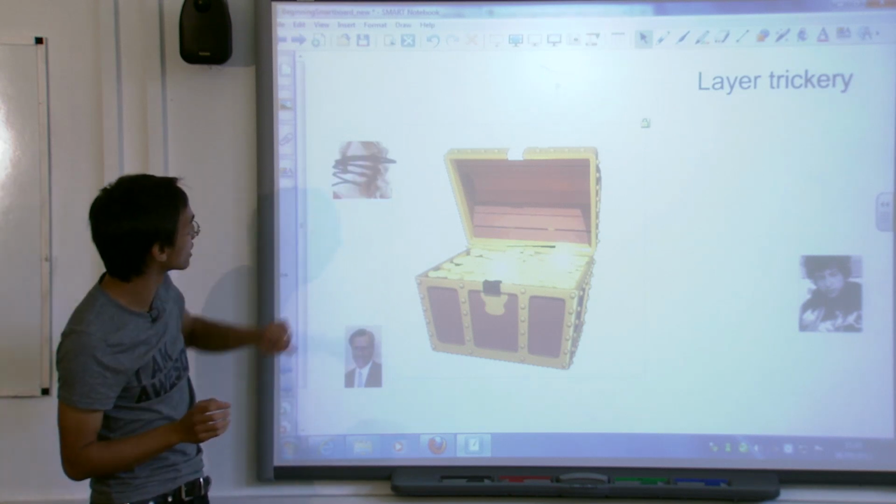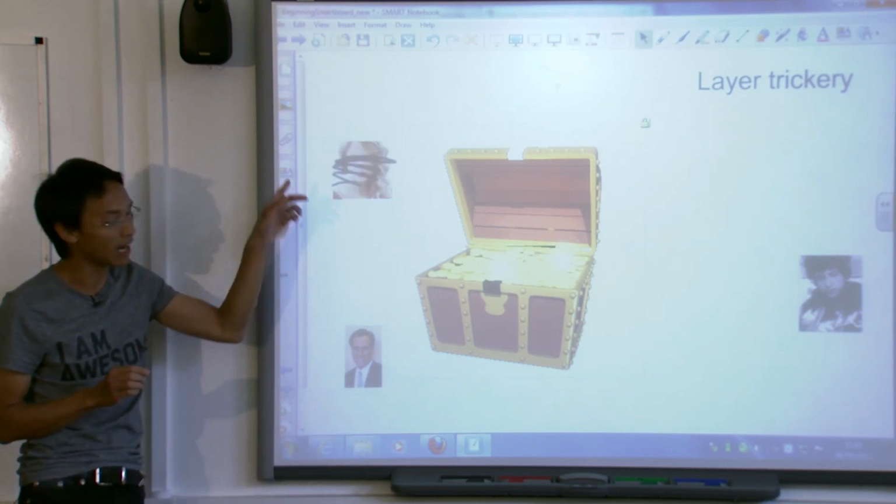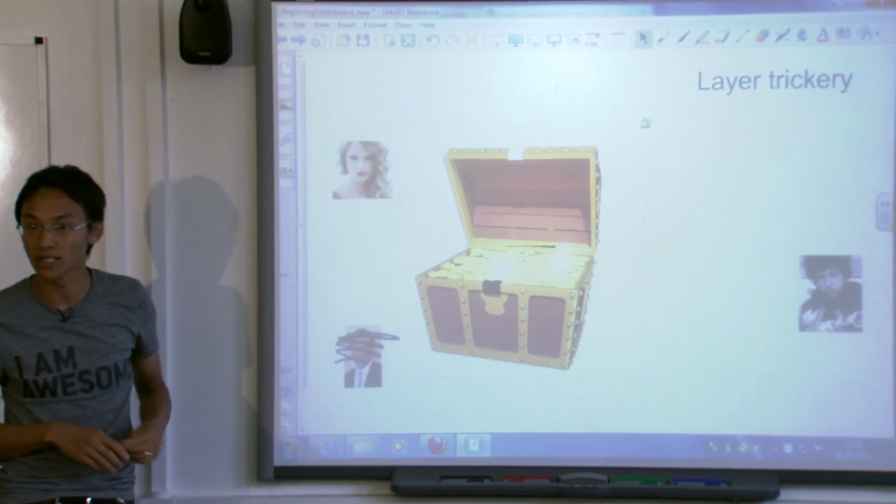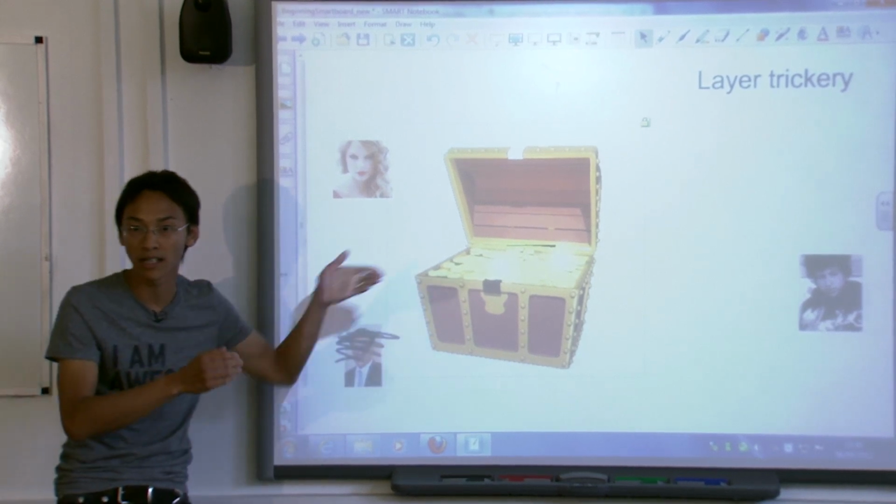So Taylor, I think she looks better like this. Taylor has this little bit of editing there, censorship. Mitz has that as well, because the latest thing that I've put on the board goes on the latest layer,